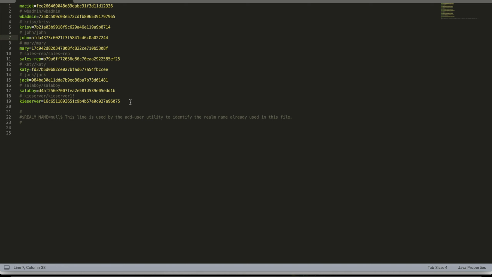You can see there are different IDs generated automatically for each and every user. You can log in through these, like Crispy, John, Mary. These are the IDs that you can use to log in and then execute the business processes. In this video, we'll see how to create a user, and it will be automatically added inside this users.properties. It will be listed here.